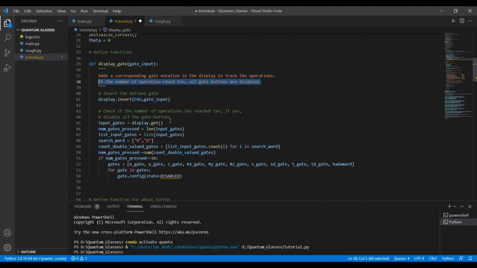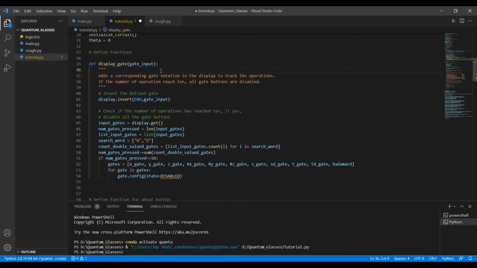Now, displaying a number or any string is really simple. It's just display dot insert. It's that simple. So remember, display here denotes our screen, and this gate input is the gate input that we receive from the corresponding buttons.